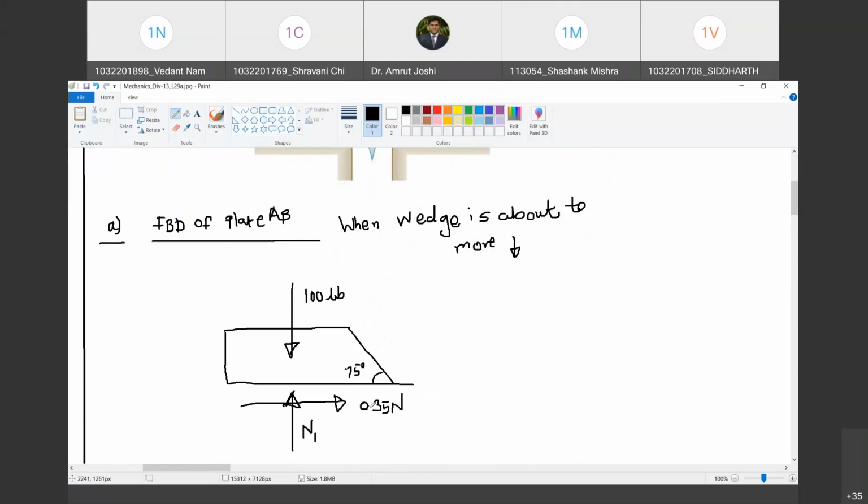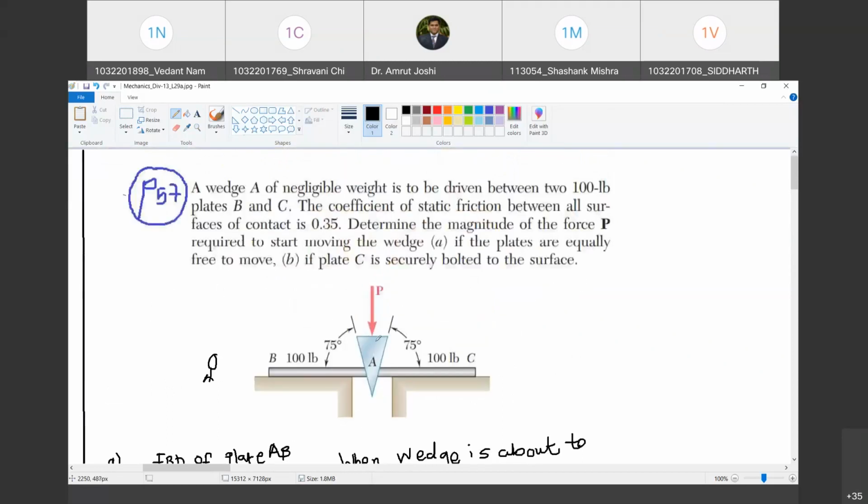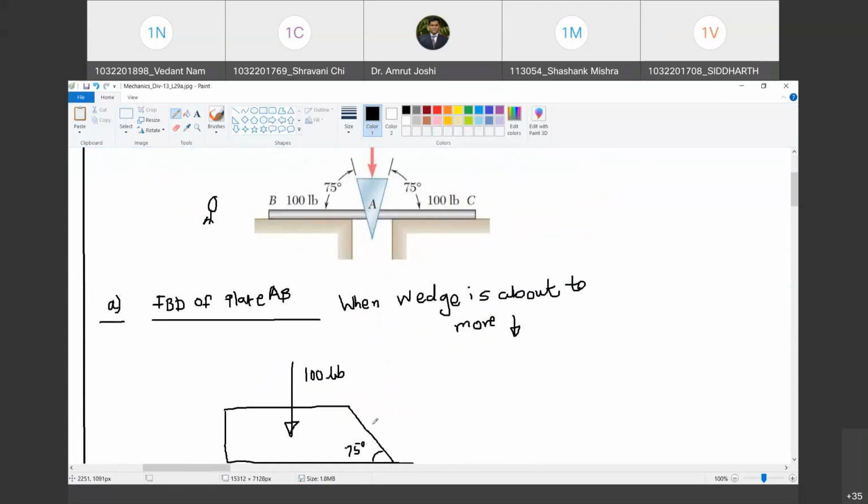Happy? Yes, sir. At the same time, this wedge is going to apply a force on this surface. Do you agree with me? Yes, sir. Two types of forces. One is normal, this way. Now, I am interested in frictional force applied by wedge on the plate. So I will station the observer on wedge. Yes, sir.